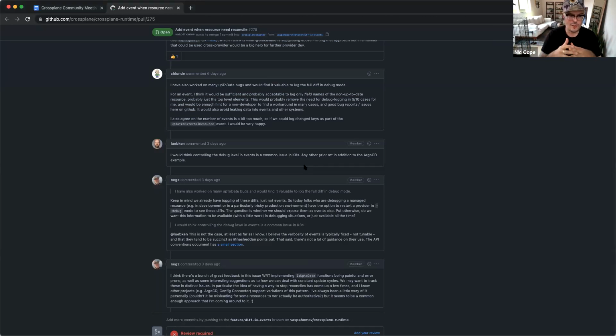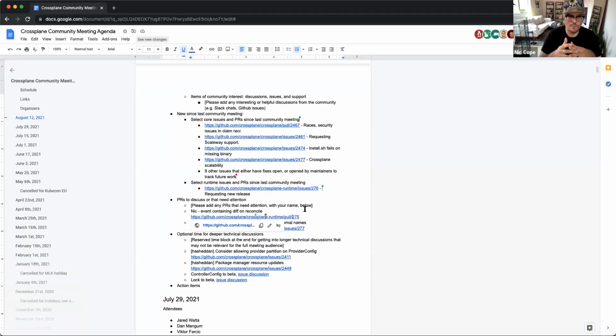I think one of the big themes that has come out so far, from what I've read, is that a lot of the folks weighing in are operators of Crossplane, like the platform team who've deployed Crossplane and built managed resources. To my mind, when those personas are debugging Crossplane, it's reasonable to expect them to look at the logs, whereas events are usually targeted more at end users of Crossplane, where I think this might be a little bit of overkill amount of information for them.